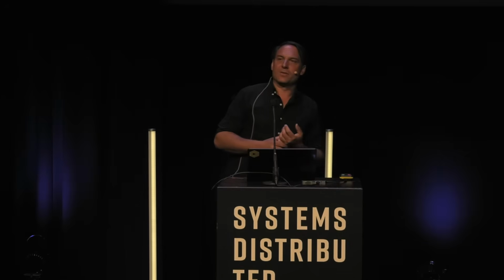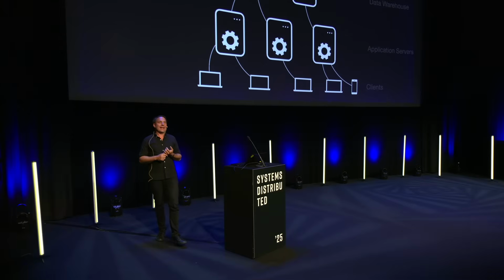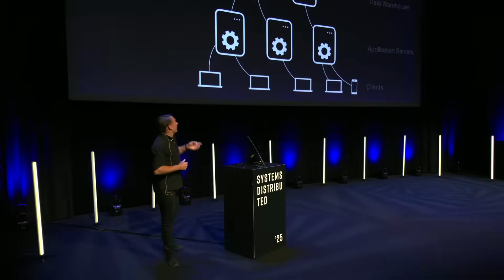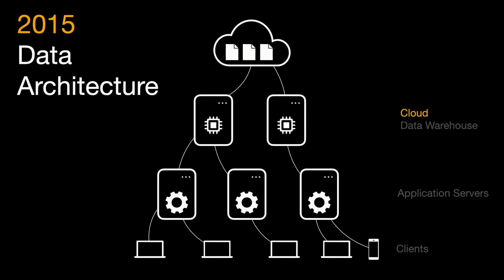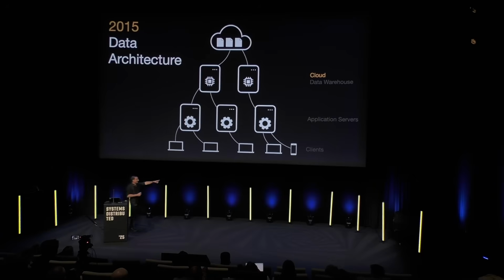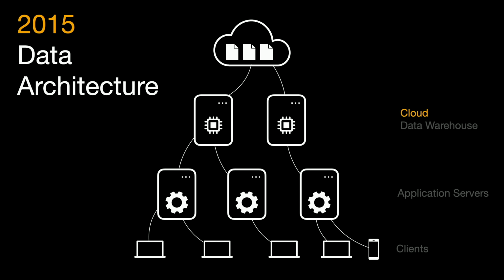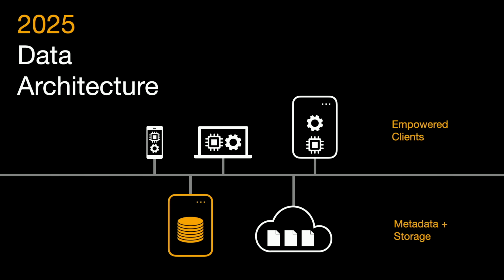I talked a bit about the 2015 data architecture where we have the exact same thing, but we now put our files on object store, and we have a mobile client. You saw it? It's the exact same thing. But I think what's interesting about DuckLake is it really turns this completely around. And I would like to claim that the 2025 data architecture is actually empowering the client, flipping this thing